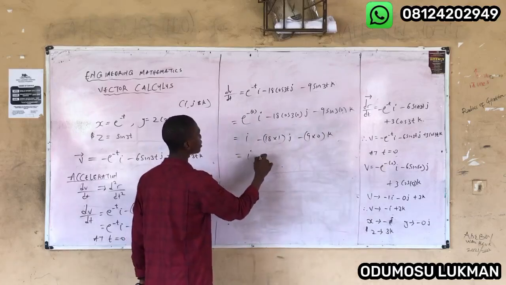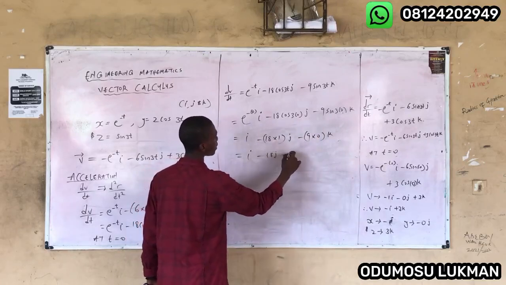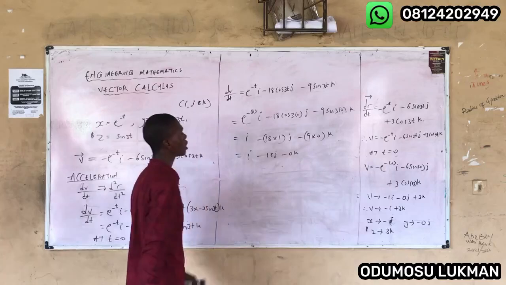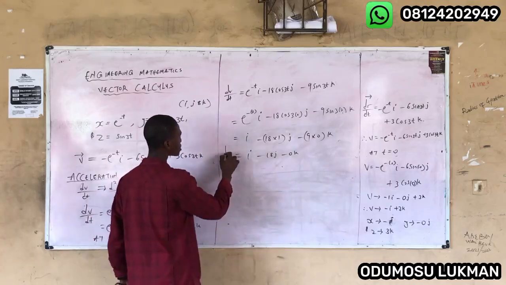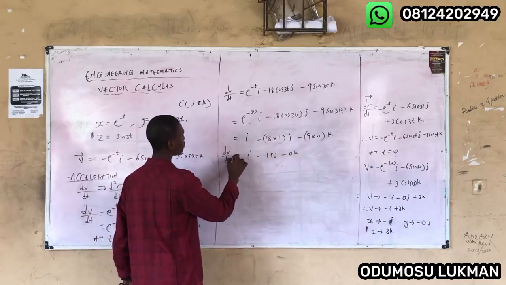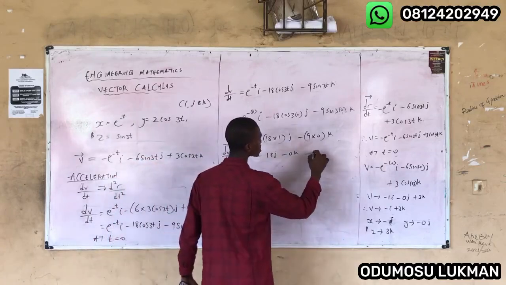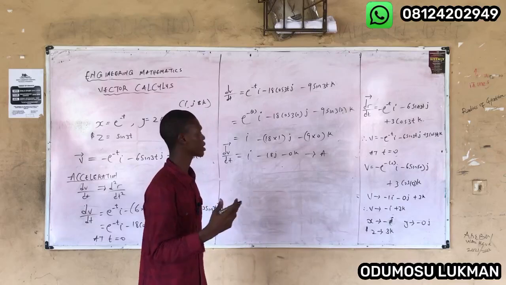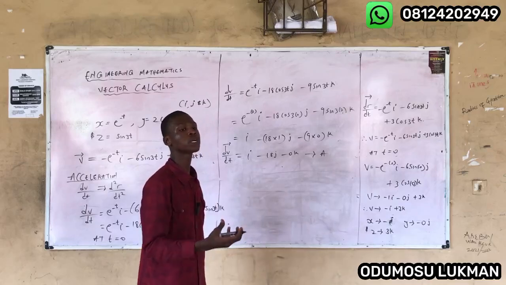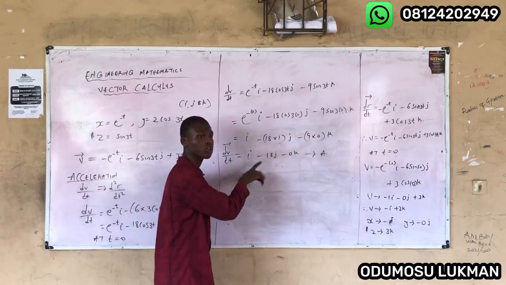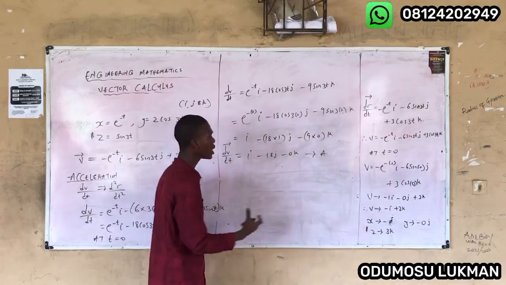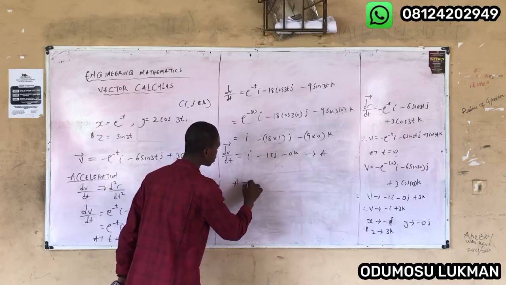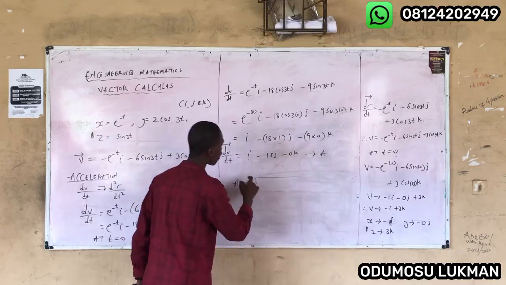We have i minus 18j minus 0k. This is my dv over dt, which is the acceleration. But we want to get the magnitude or component of the acceleration. This is the direction of the acceleration. Hence, what you have to do is take the component of acceleration as the square root of